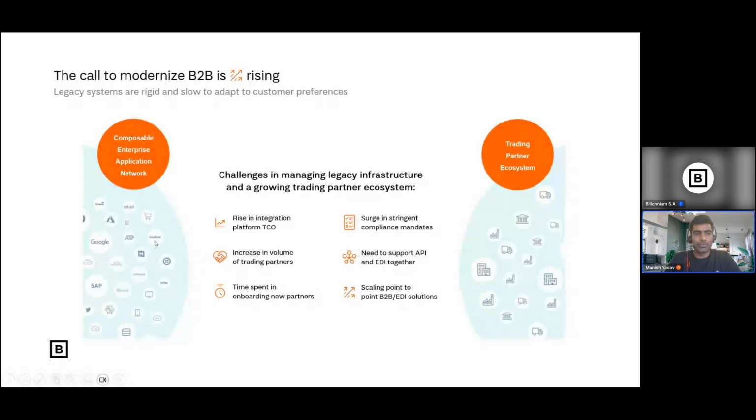And the need to support API and EDI together. For example, you receive data over EDI as a purchase order. You send it to the seller, and then the seller wants to send an acknowledgement saying your order has been accepted. That order-accepted notification can be sent via API, not via EDI, for example. So businesses want EDI and API together. That is why you need B2B. You see the rise, right? And then scaling: again, you have a lot of transactions and things like that, and it scales like anything.